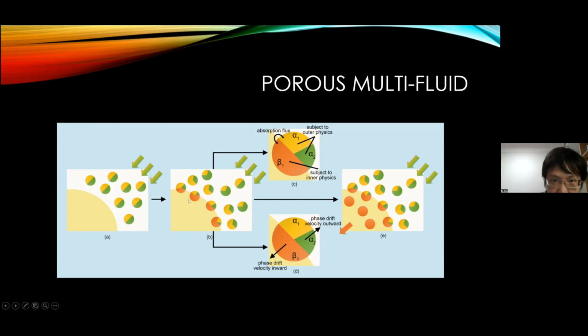As the particle moves towards the solid surface, the light yellow phase, which is the outer phase, can change into the inner phase, which is the deeper yellow phase, due to the absorption flux